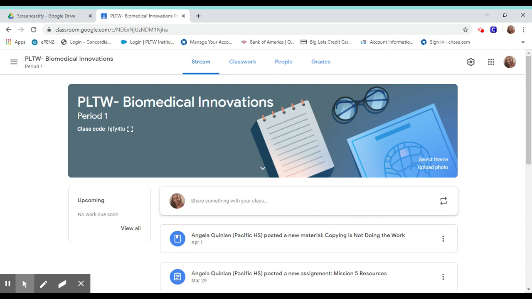When I enter the class at the very top, you will find Stream. Stream gives me an overview of my class. You will find Classwork. It will take me directly to the assignments that I assign for my students. People will take me to the students individually and as a whole class, and the grade. We're going to enter into Classwork,